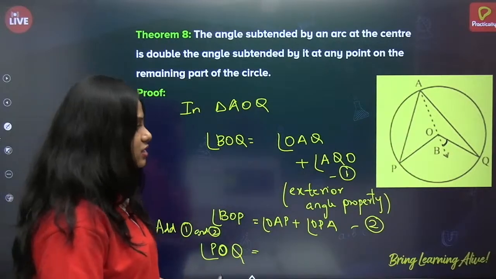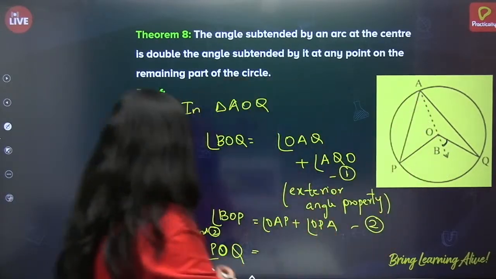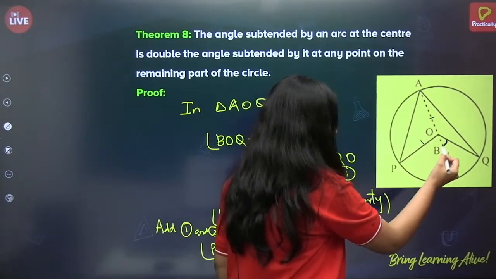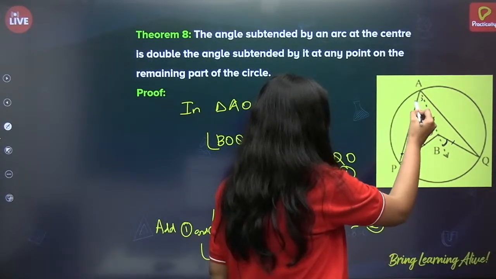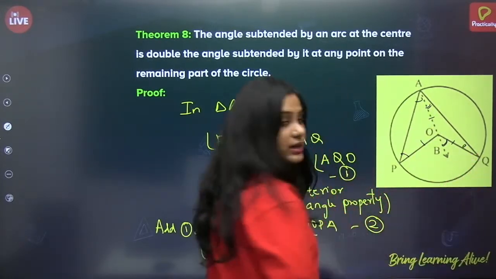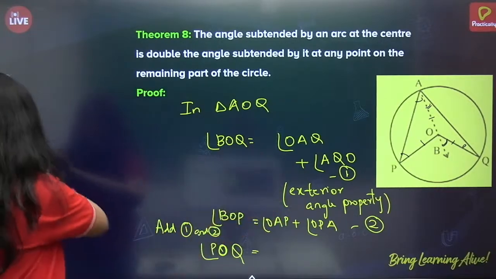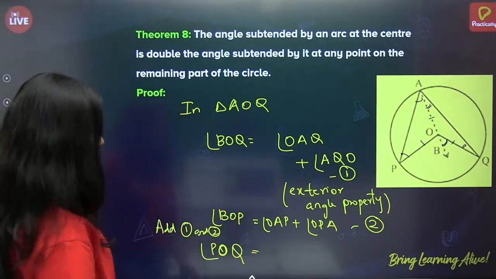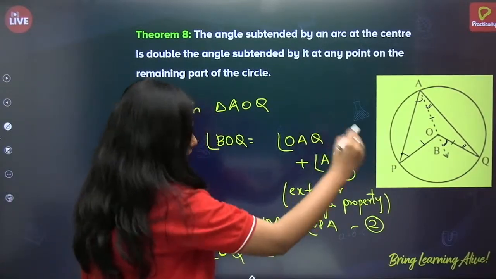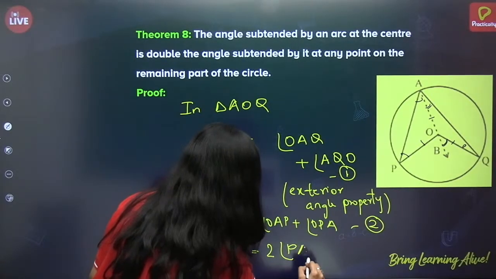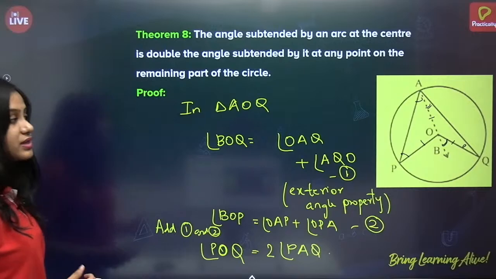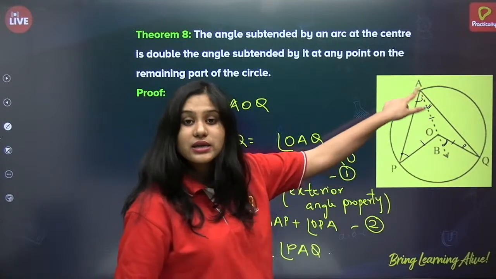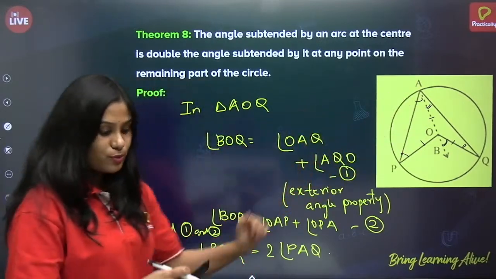Now if we add these both, we know that these two are the radius, correct? So if these two are the radius, that is this is equals to this, so this angle is equals to this angle, correct? So if I add these both equations, what do we get? We will be getting that this angle plus this angle is equals to 2 times of angle PAQ. So this is what is the proof. We have to use the exterior angle property, and base angles are equal, that is isosceles angle property,